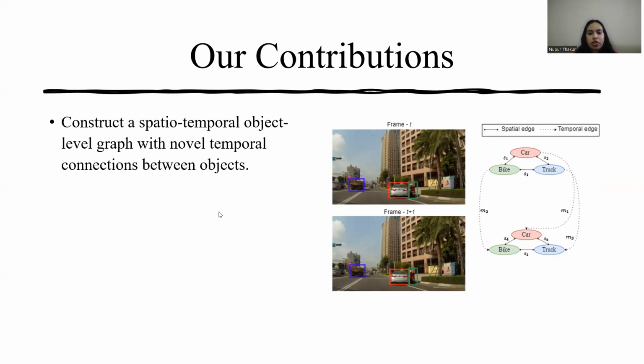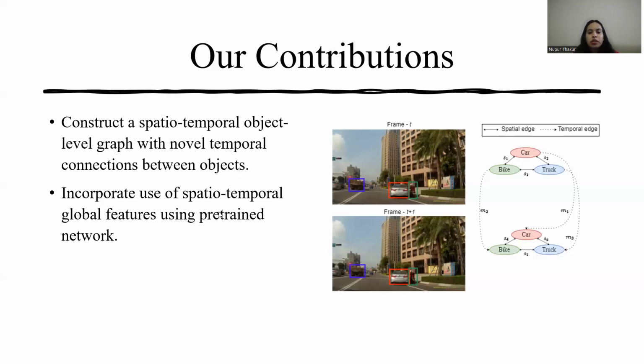Also, there is information exchange within the frame through spatial edges and across the frames via temporal edges between the objects that belong to the same class. Also, this way, the background noise from the frame, like the trees or buildings in this case, are excluded.